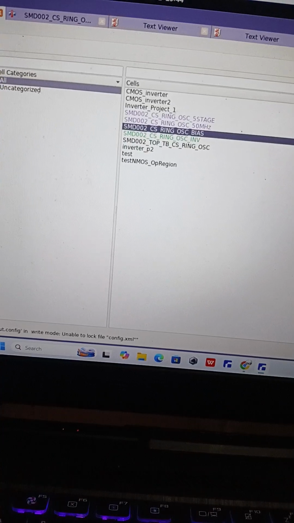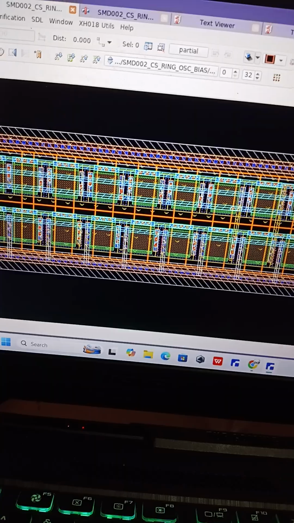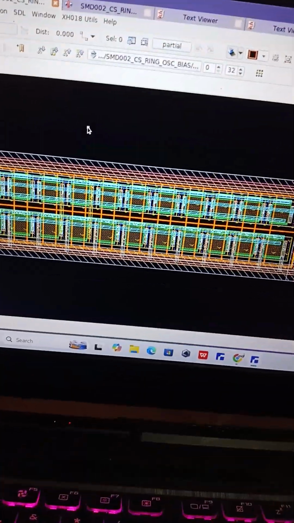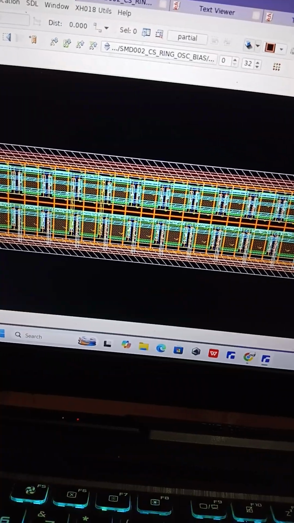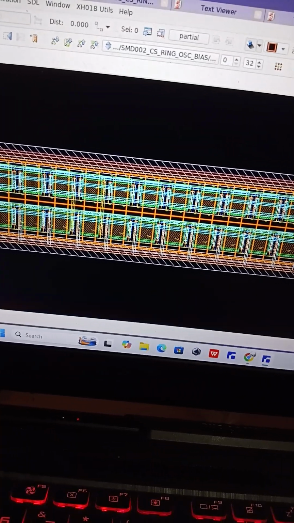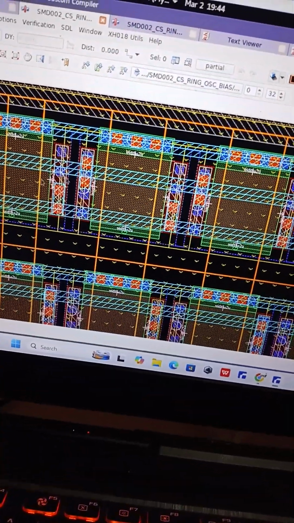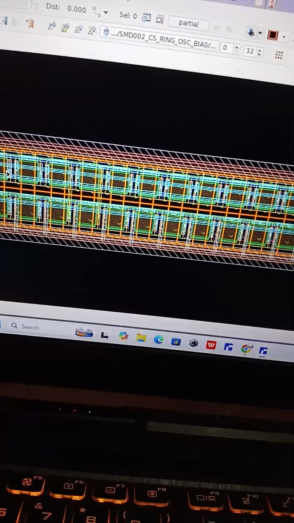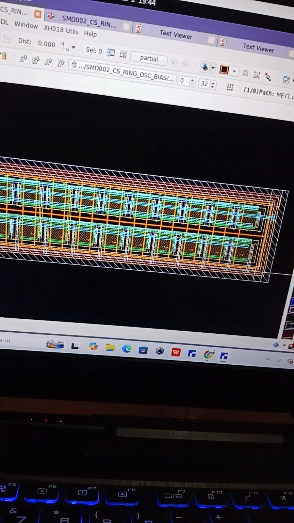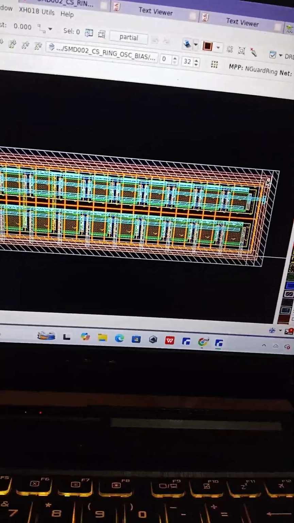This is the biasing circuit, right? The biasing circuit is basically to bias the oscillator. And why do we need to bias the oscillator? Because we want our transistors to operate at a specific Q point, or operating point. Maybe we want to operate in the triode region or the saturation region. So that's why we need these biasing components. We have about 30 transistors in this biasing circuit, and this is all PMOS, right? And this is the